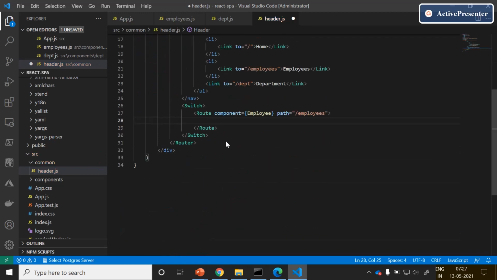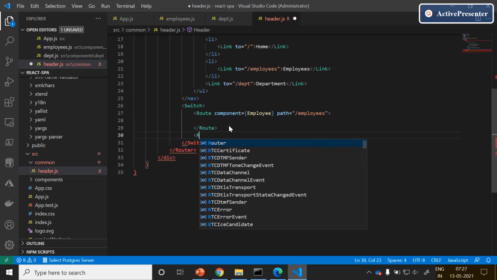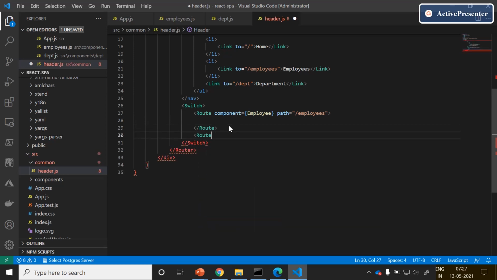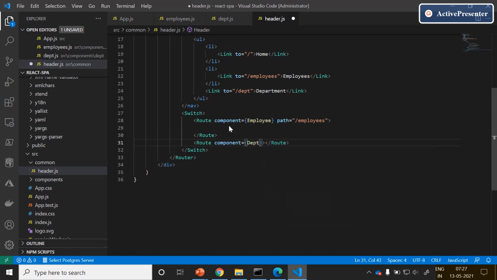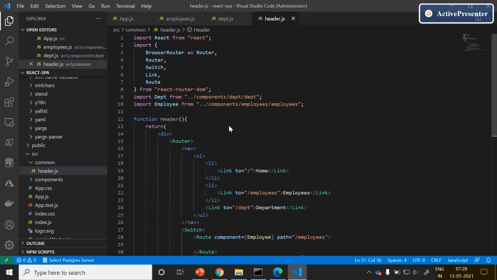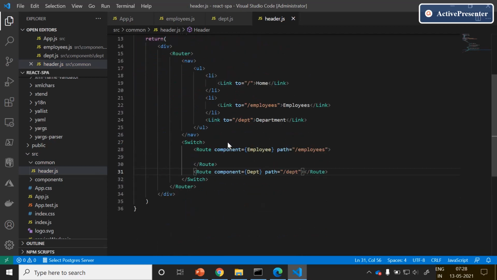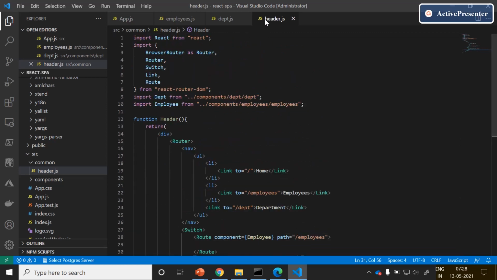One more route, department. The path is /DEPT. With this, we are done setting up the React router capabilities to our React-SPA project.